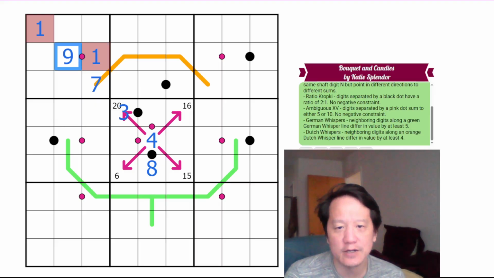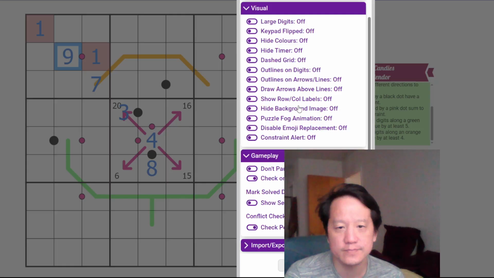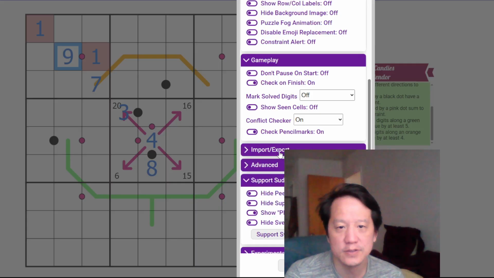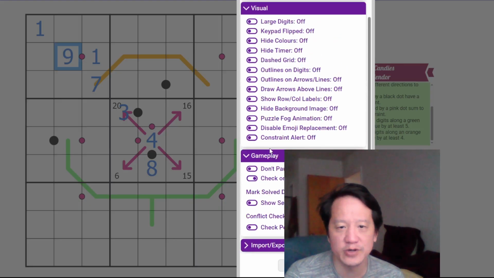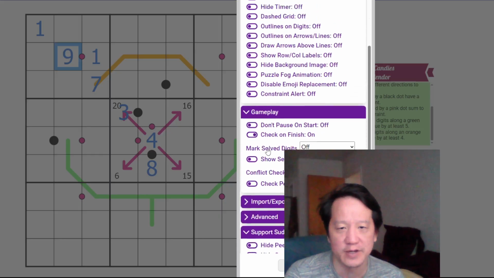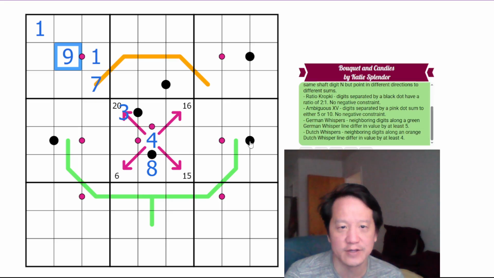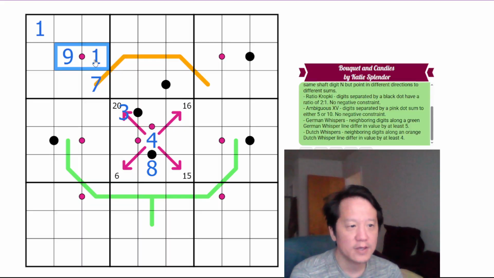Oops. I have settings. I don't know. Where is this? Check pencil marks off. Conflict checker off. Mark solve digits off. Okay. Check unfinished. Apologies. I think I recently cleared out my cookies, so I don't know what settings I have here that is actually correct or not correct. Anyways,